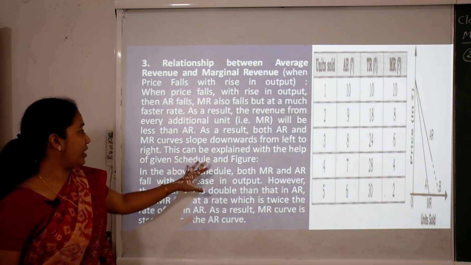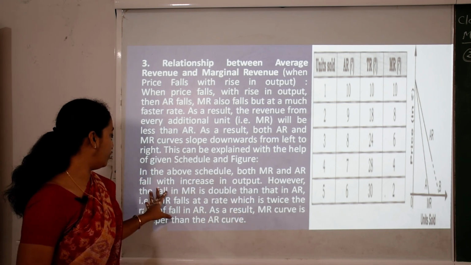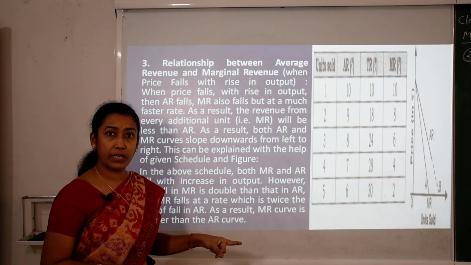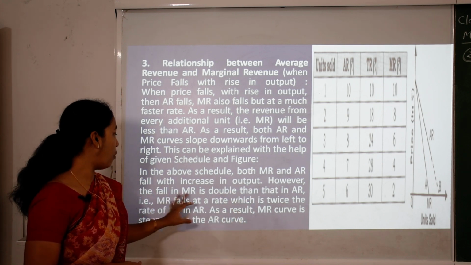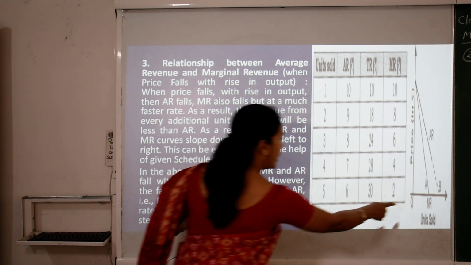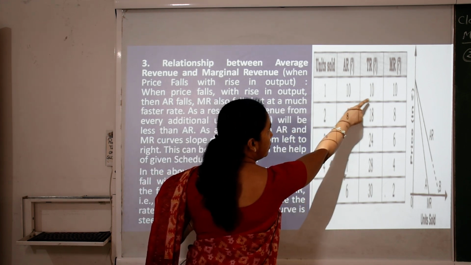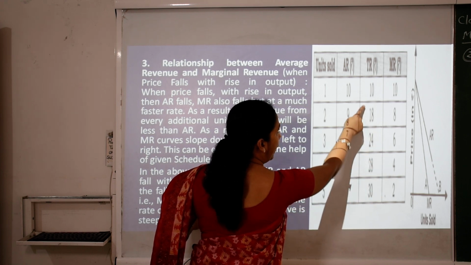So this can be explained with the help of the above schedule. Both marginal revenue and average revenue curves fall with an increase in output, that is, as output is increasing, price is also falling. However, the fall in marginal revenue is at a much faster rate than average revenue. Now notice the fall in marginal revenue, that is 10, 8, 6, by 2, and total revenue